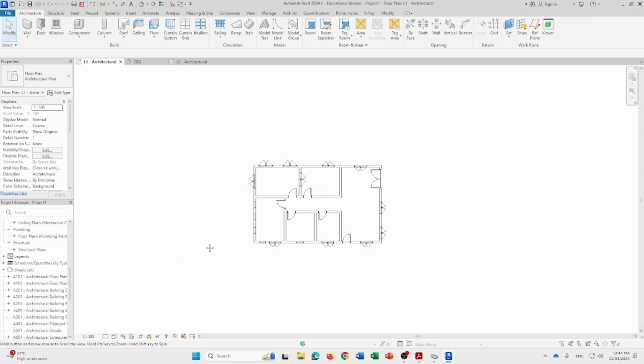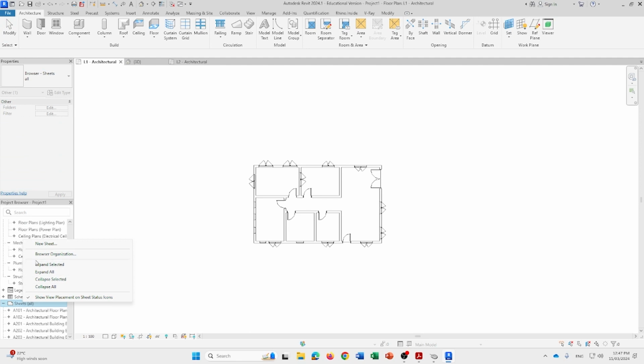So there's kind of two ways to get drawings out. You can print them as a PDF or export as a PDF in general. But I'll show you how to create a new sheet. So if you want to scroll down to Sheets in the project browser, if you right click on Sheets, there should be an option called New Sheet. Okay, so again, that's scrolling down to Sheets, right click,